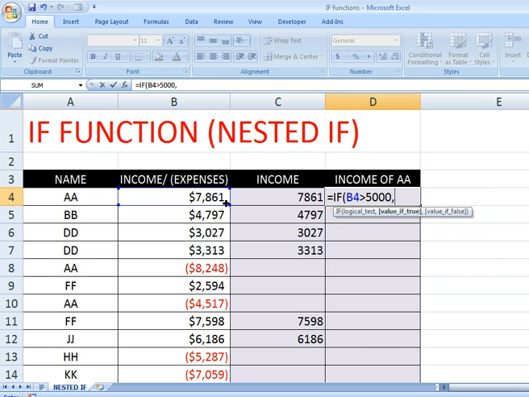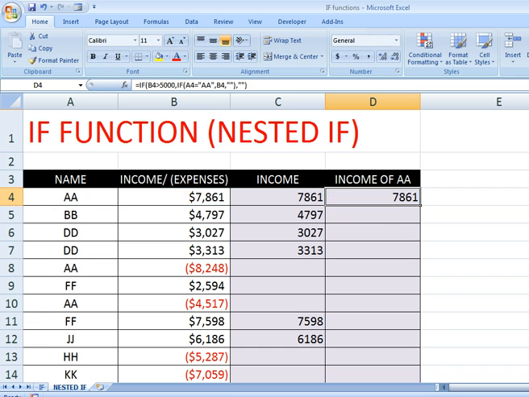If the income is greater than 5,000, then I want to compare A, so I use IF again: if this is equal to AA, then the value is this, otherwise blank. Close parentheses, close parentheses, press control enter, control C.